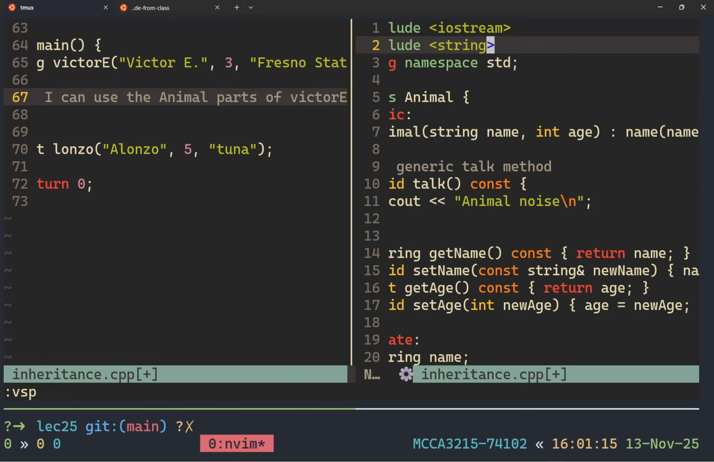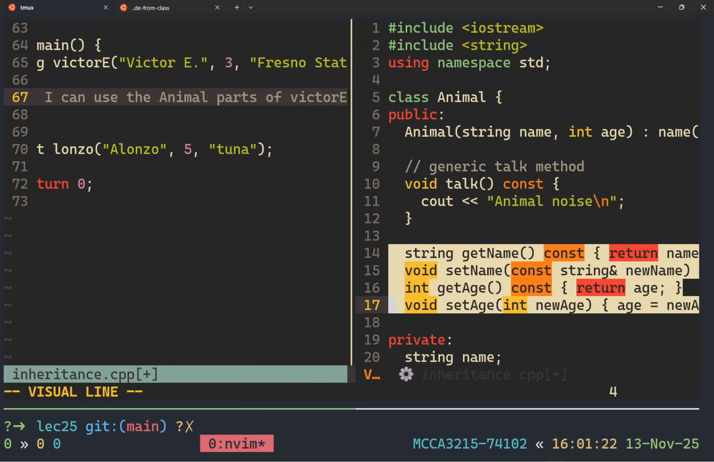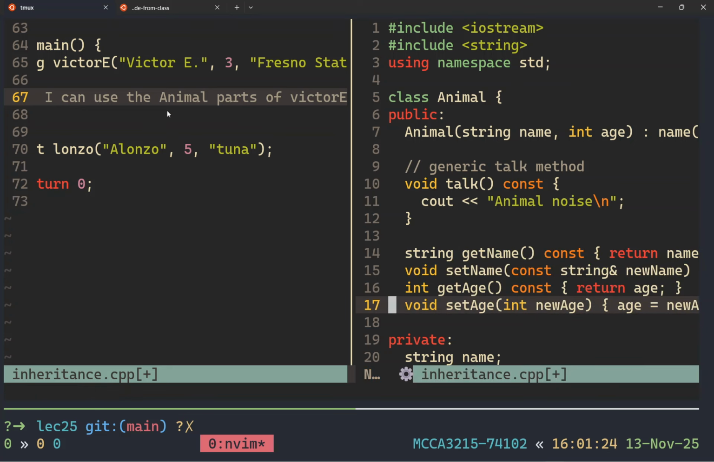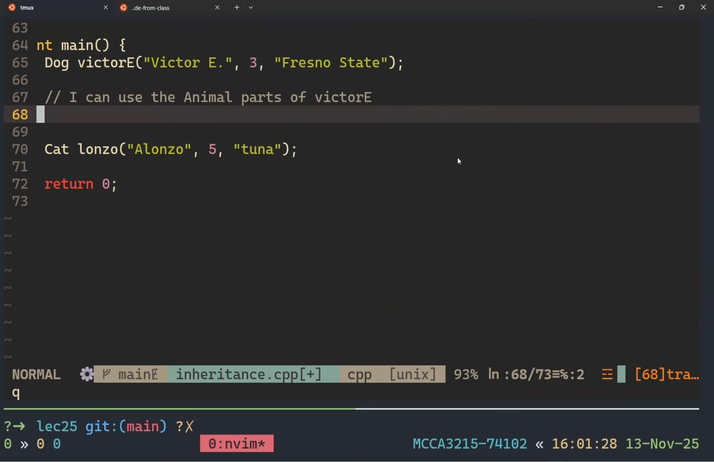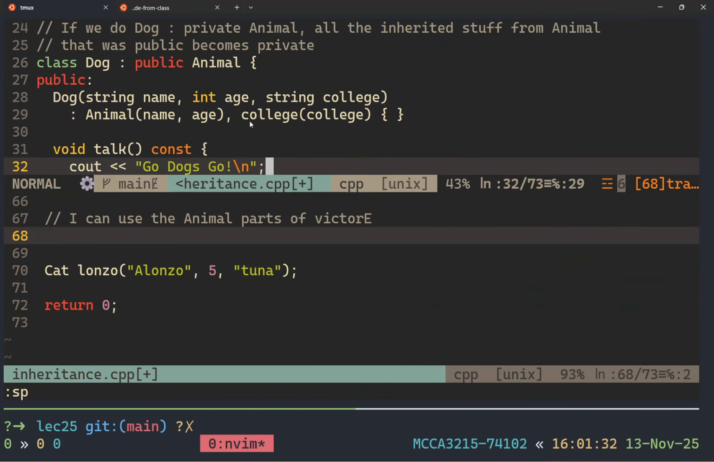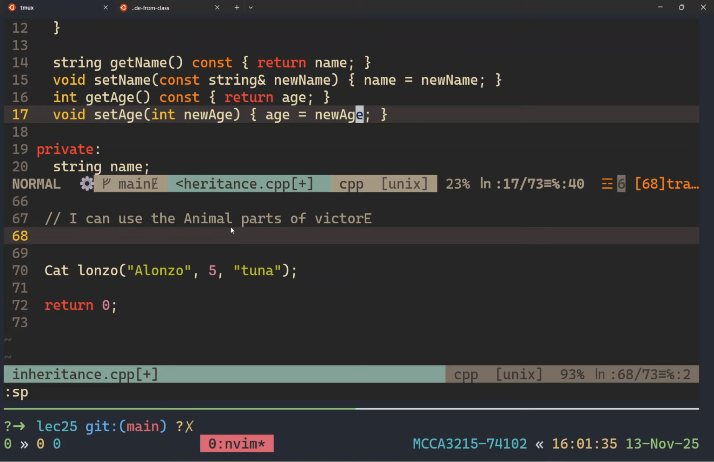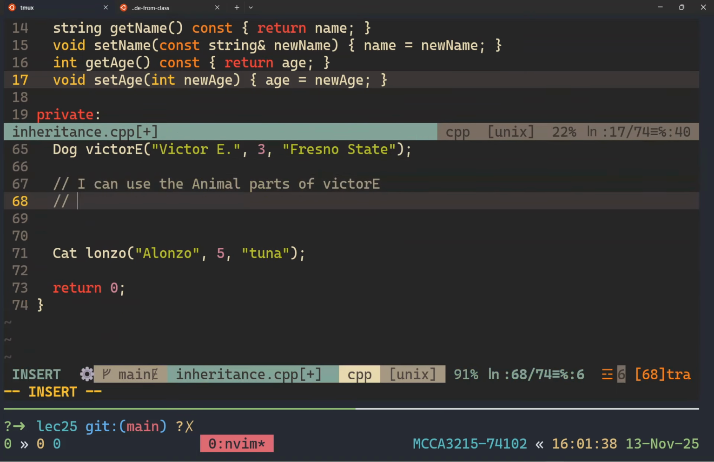Split screen. What can I do to an animal? I can ask it to talk, of course, but we know that we have an overridden version of the talking, but we can ask it to tell me your name, tell me your age. You can set it to something else. All those things exist for us. So let me split like this, actually. Here are some things that I can do to an animal. All those guys. So I can say, hey, Victor E,